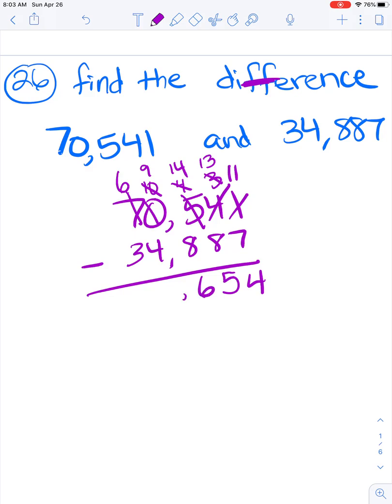14 minus 8 is 6. 9 minus 4 is 5. And 6 minus 3 is 3. My answer is 35,654. I could check my work by, I'm going to change that color, adding